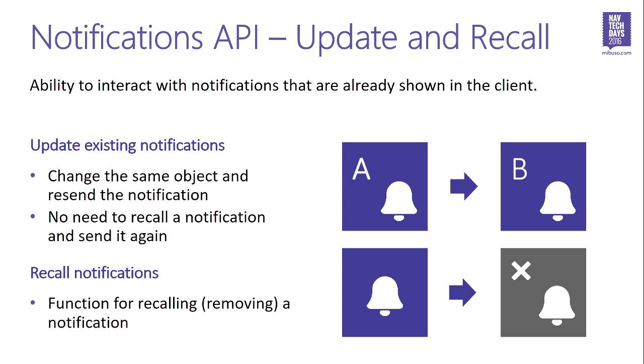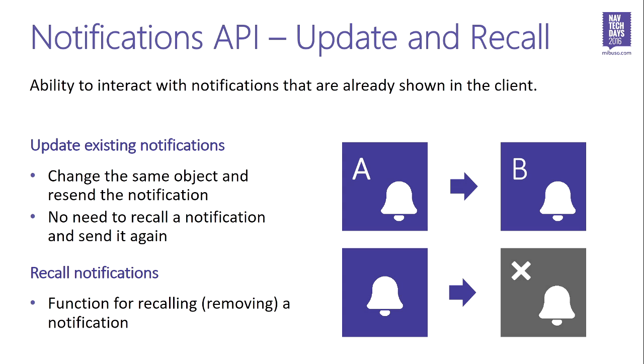So let's consider our user interacting with our solution, and we send a notification, but the user doesn't care about it. He keeps interacting with our solution, and now that the business process is at a certain state, the notification that we sent has expired. Namely, because of the new state of the application, the notification is not needed anymore. What do? Should we wait for the user to dismiss it? But the notification is not needed anymore. So from the code, we can use the recall API in order to remove that notification from the page,